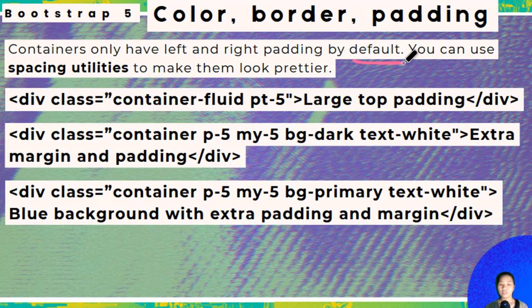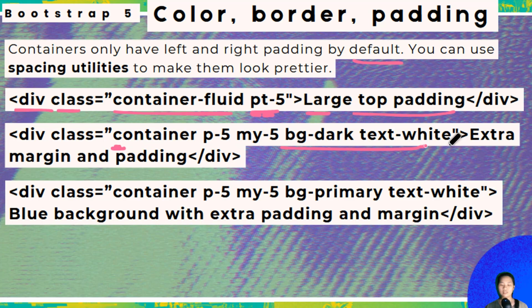Now, what do I mean by that? Let's take a look at the example. Div class container fluid, padding 5. So large top padding, okay? P for padding, T for top. Down here, container P5,